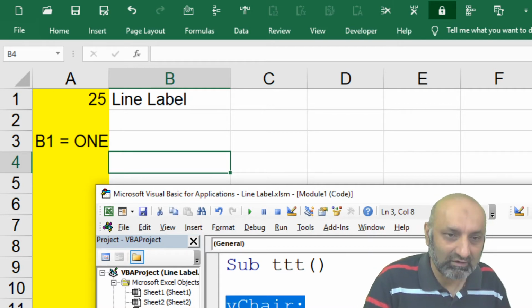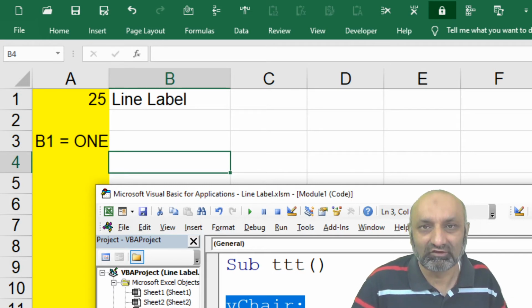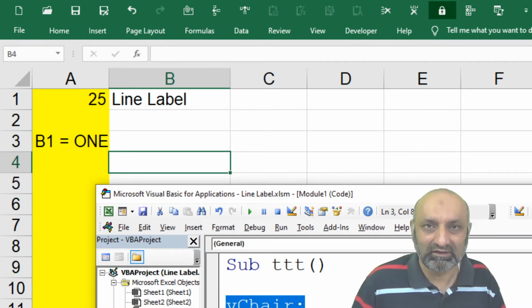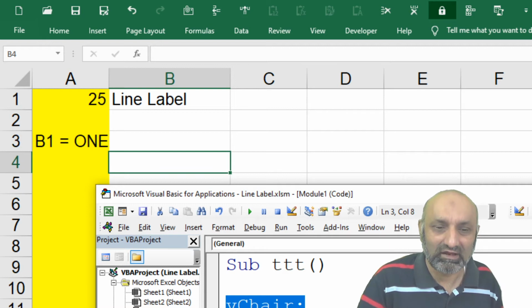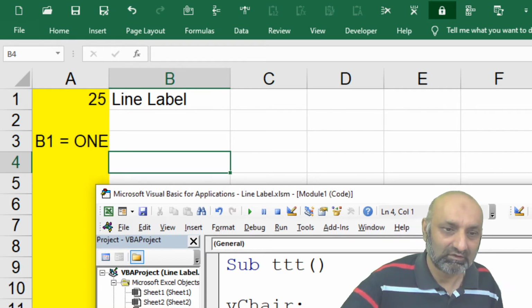Whenever I want to identify this line, I would refer to vChair, and VBA will automatically understand that I am referring to this line. So it is very simple to create a label: use a variable name and a colon after that. It will be identified as a label or line identifier.